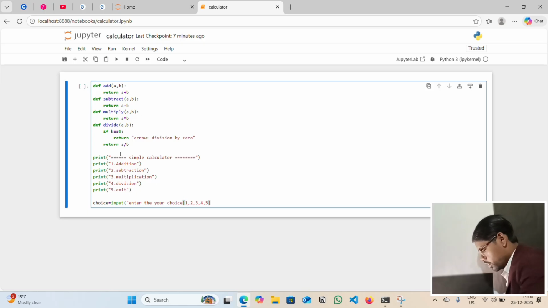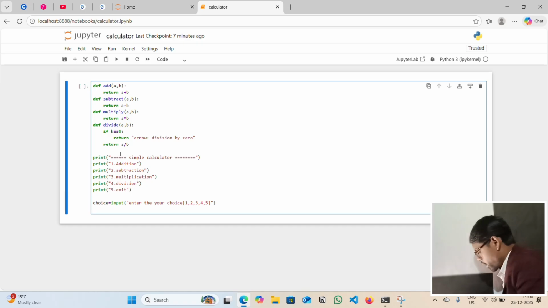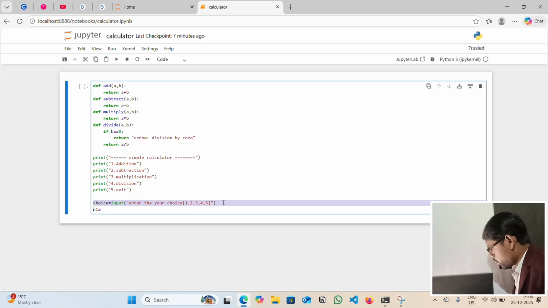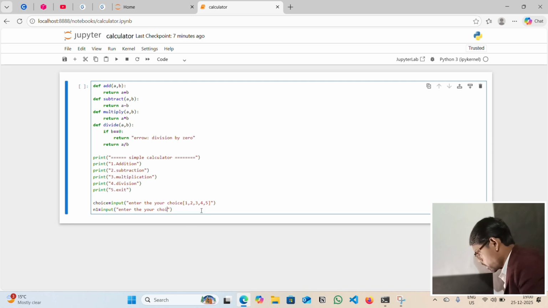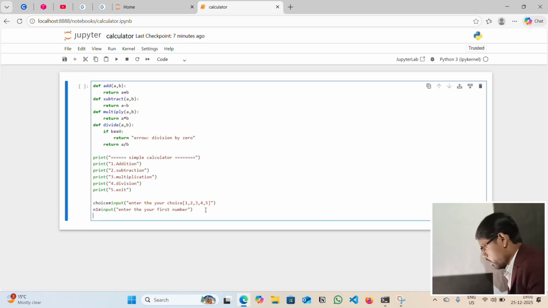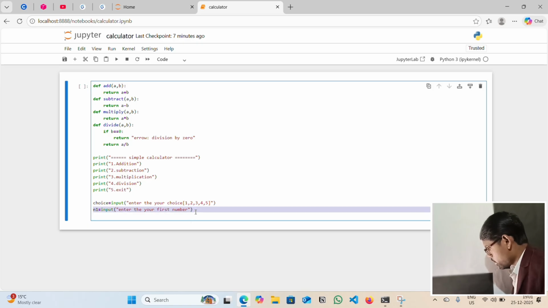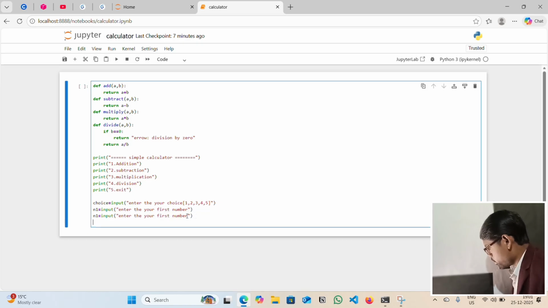Next, number 1 is also input, so copy this line and change it: enter your first number. Same for the second number: copy the line, print, and change to second.